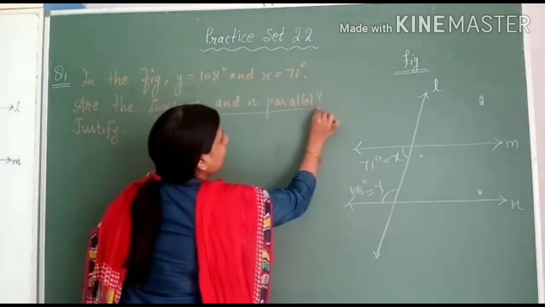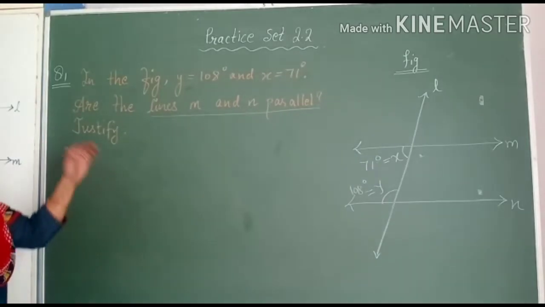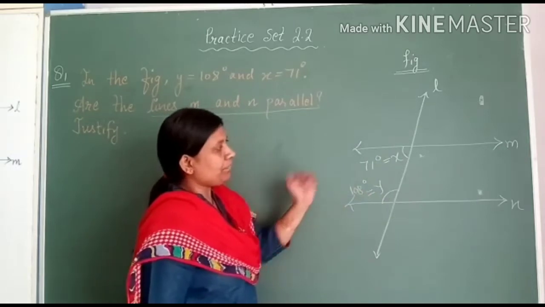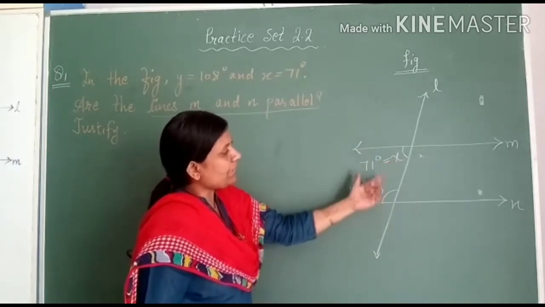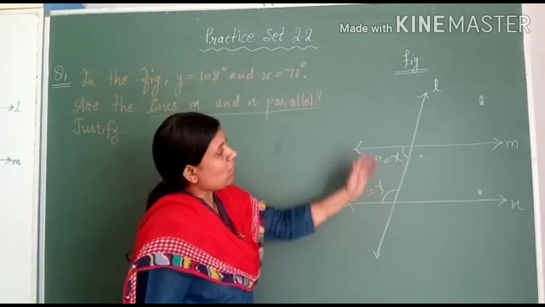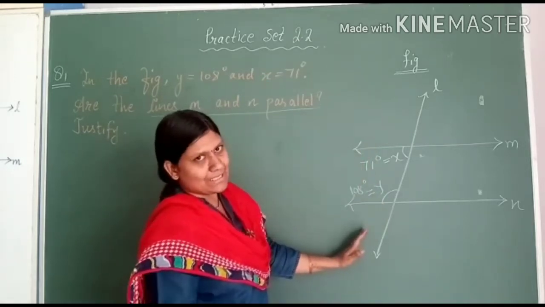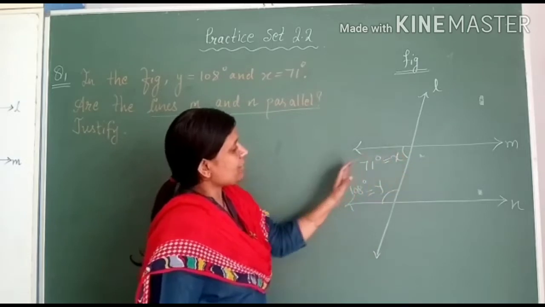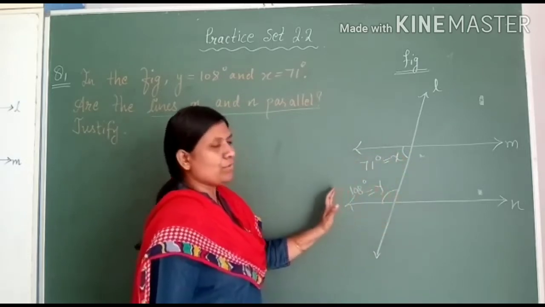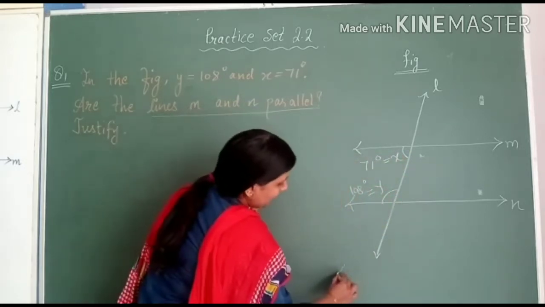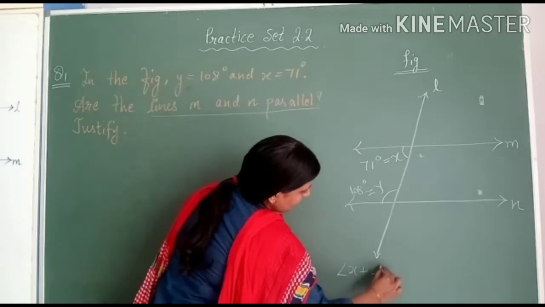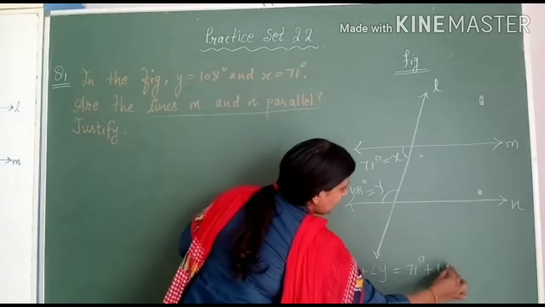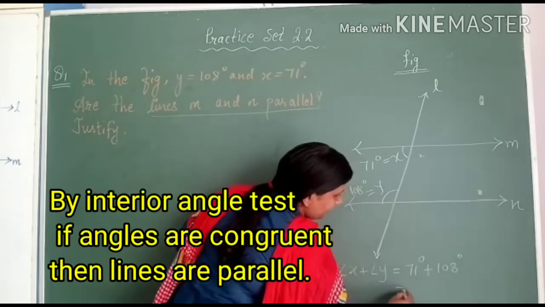If the lines are parallel to each other, how can we prove this? If you observe angle X and angle Y, they are the interior angles on the same side of the transversal. Line L is the transversal, angle X is 71 degrees, angle Y is 108 degrees. If you add angle X plus angle Y, what do we get? 71 degrees plus 108 degrees. So it becomes